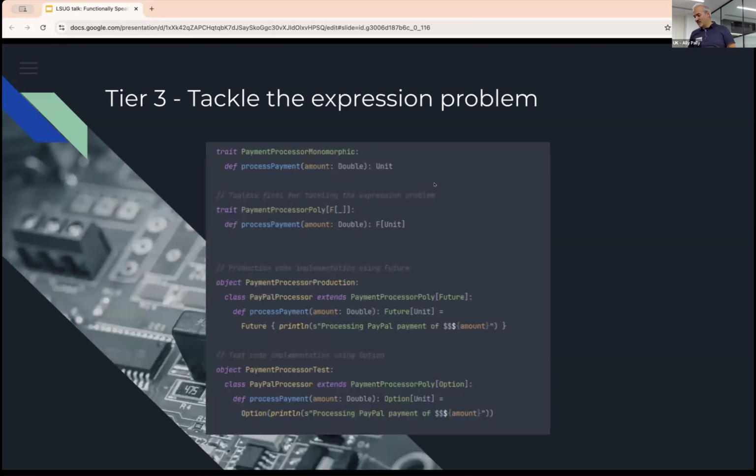When it comes to tackling the expression problem, this ties straight back to what we were discussing earlier with the last point for tier 2. Programming against interfaces lends your code to one of the most advanced techniques in the Scala ecosystem: the tagless final pattern of coding. The tagless final is a design pattern that allows for separate representations of the same expression in different contexts. What you can see here, for example, is an implementation, first of all, of an interface which is monomorphic, but then